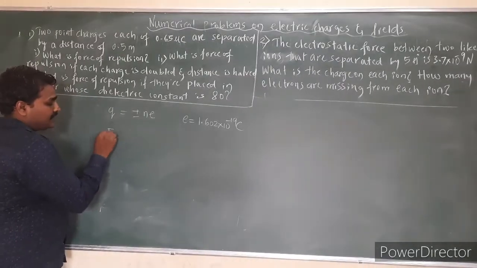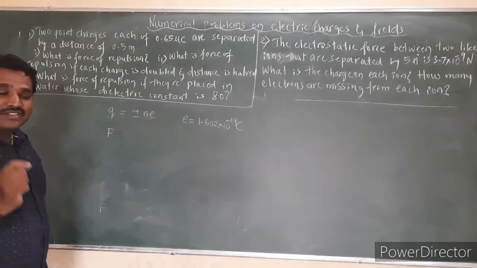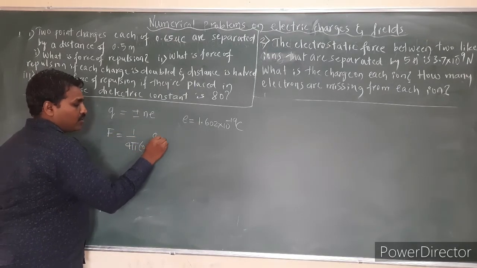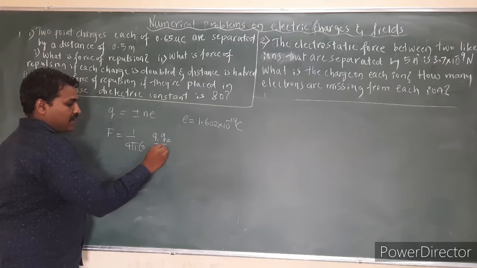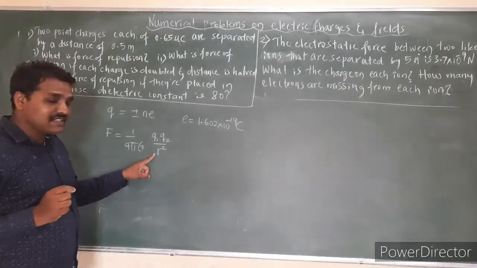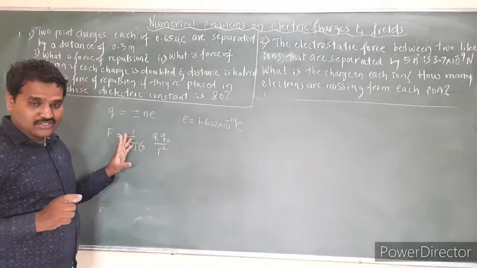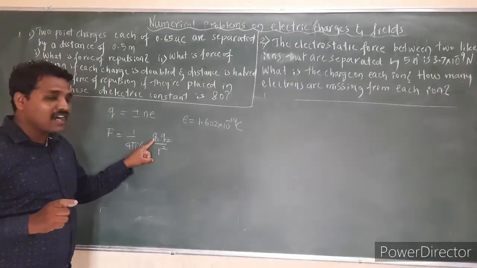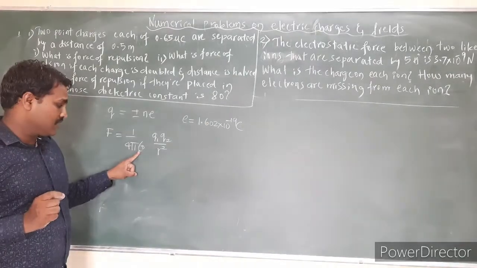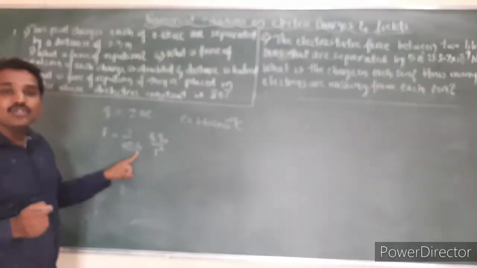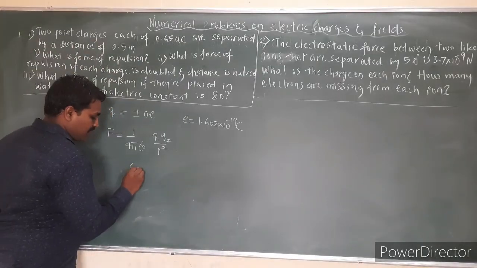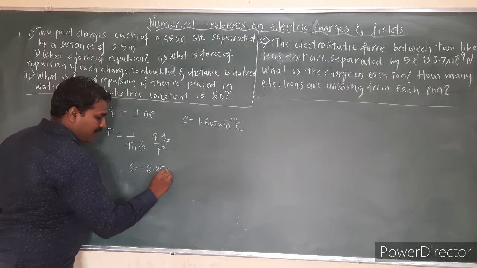That states that the electrostatic force between any two charges is given by F is equal to 1 by 4 pi epsilon naught, Q1 into Q2 divided by r square. Here Q1 and Q2 are the magnitudes of the charges and r is the distance of separation between those two charges. Here we are assuming the charges are placed in air or vacuum. So I am taking it as 1 by 4 pi epsilon naught, and this epsilon naught is the absolute permittivity or the permittivity of free space, whose value is epsilon naught is equal to 8.854 into 10 to